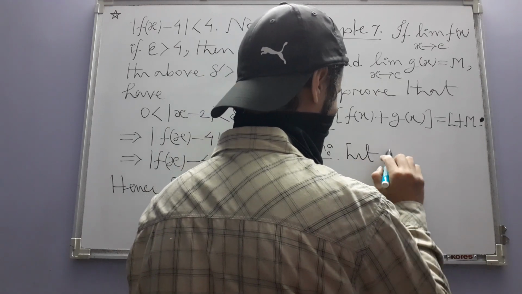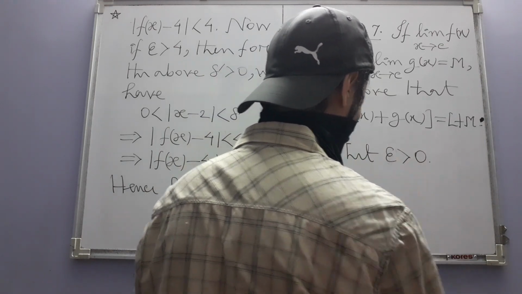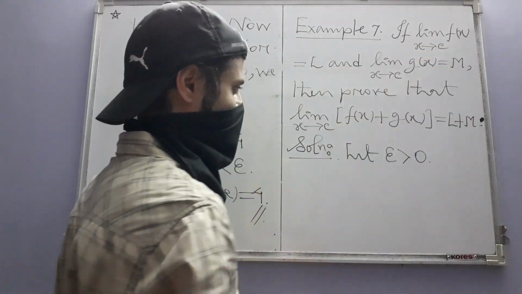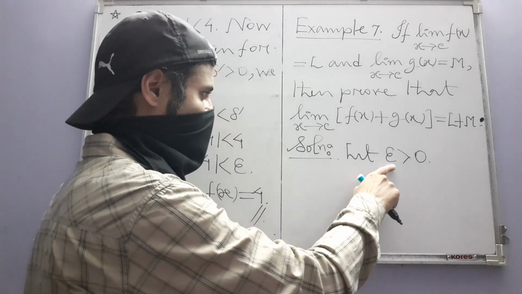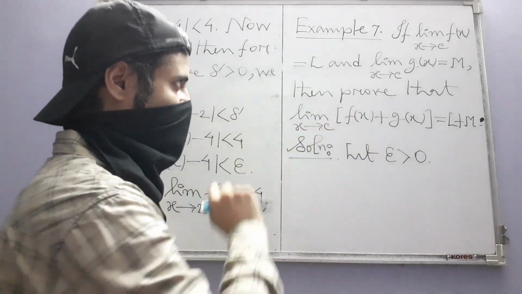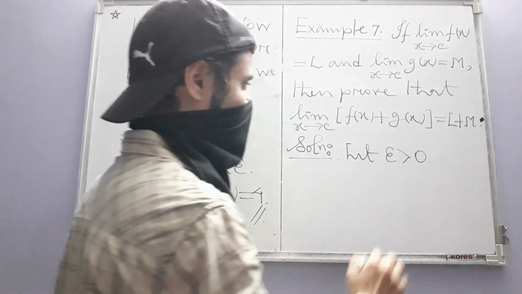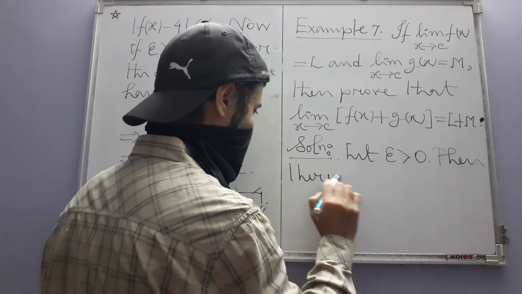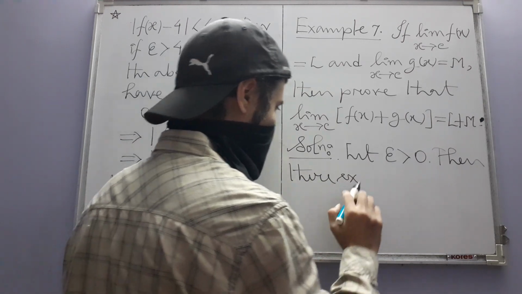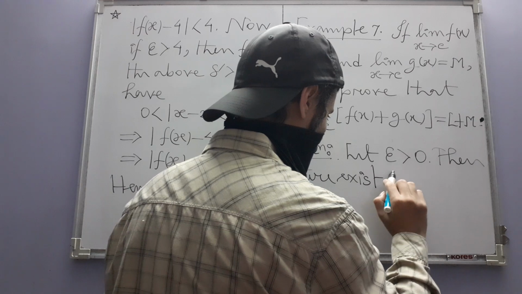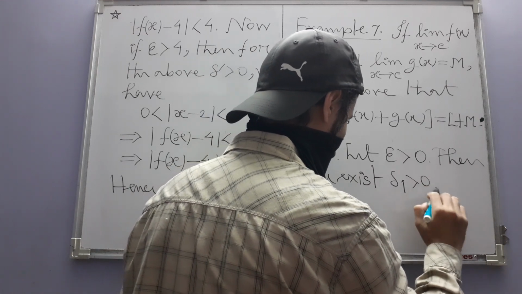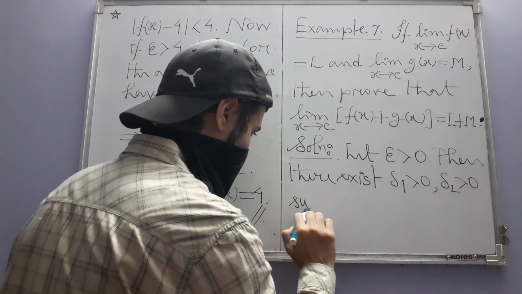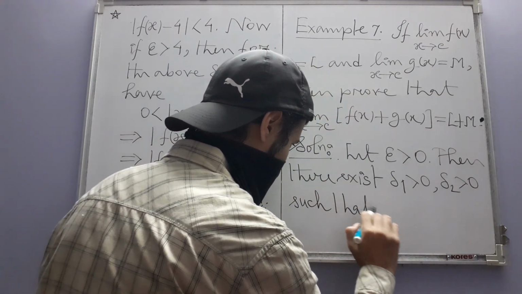So first of all, we have to of course choose epsilon. And now it is given that these limits exist. So for this value of epsilon, each one of them will give us a delta. Then again, by definition, there exist delta 1 and delta 2, both positive, such that